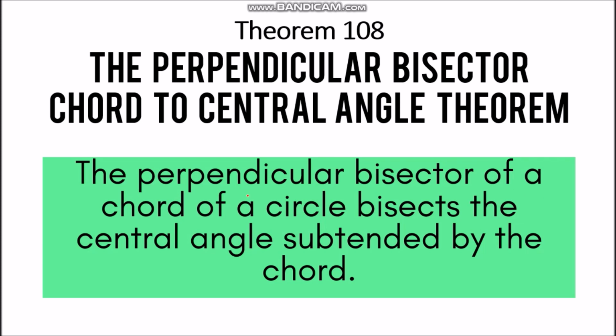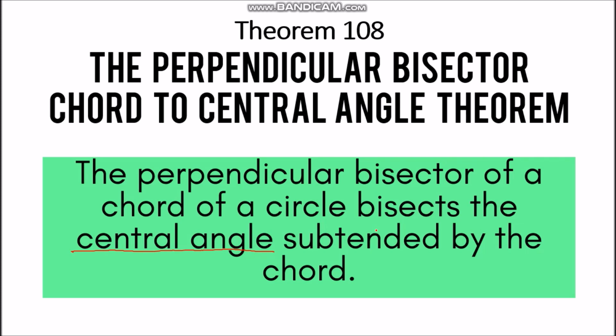Now, we have to consider the central angle subtended by the chord. When we say subtended by the chord, that means the endpoints of the chord are also the endpoints of the said angle. So the perpendicular bisector of the chord will also divide the central angle into